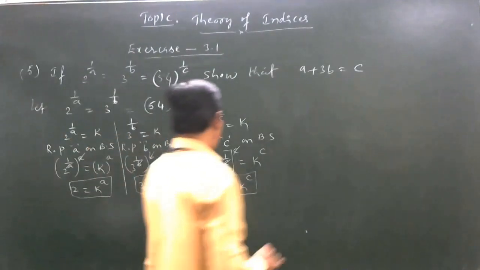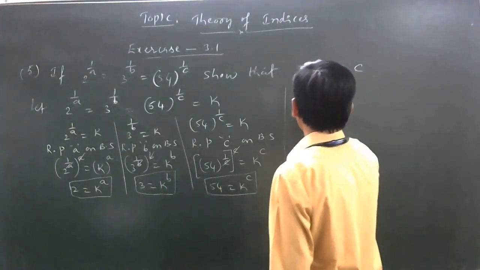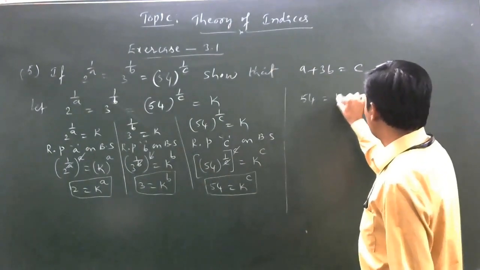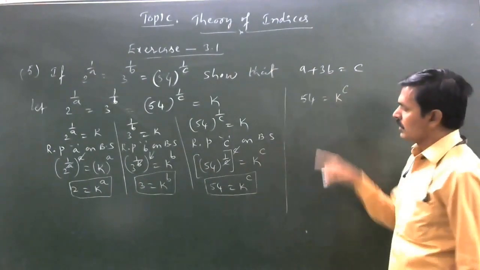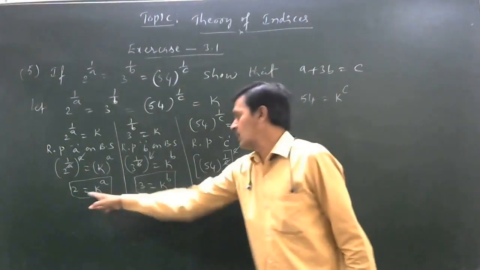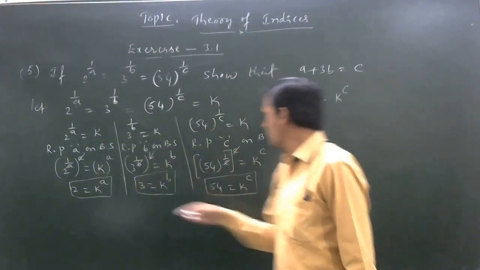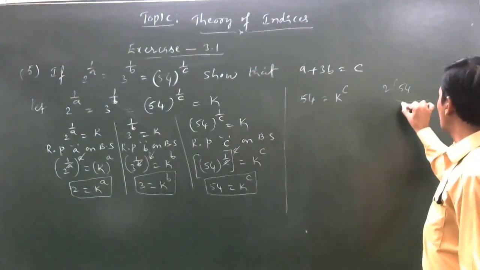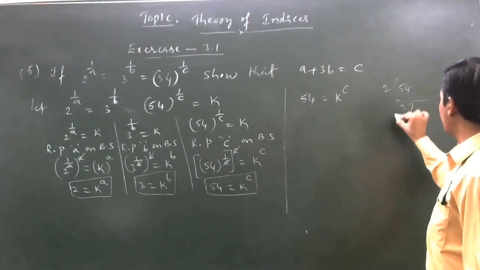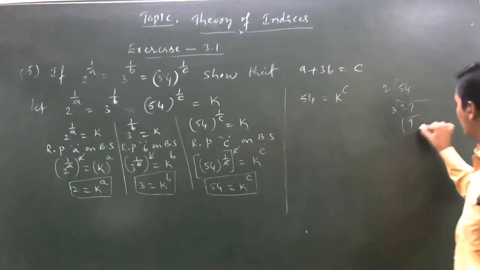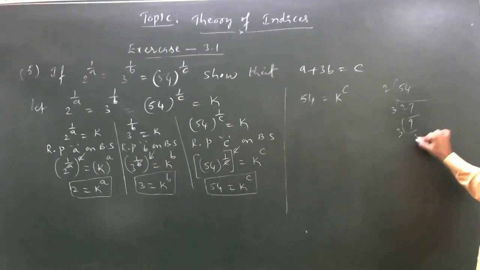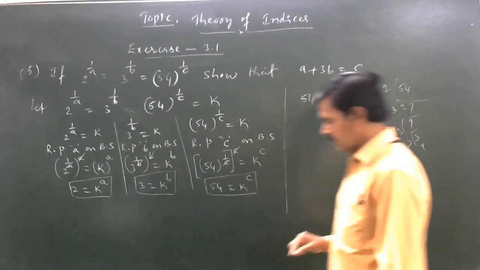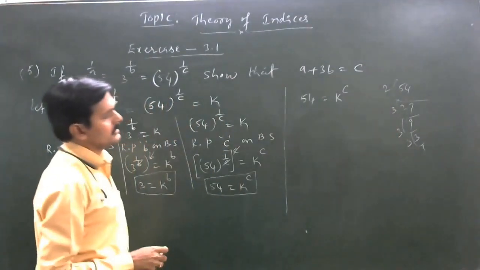Now let us consider 54 equal to k power c. Here, this 54 is to be converted into factors of 2 and 3. 54: 2 twos are 54... 2 27s are 54, next 3 9s are 27, 3 3s are 9, and 3 1s are 3. Here 54 converted into factors of 2 and 3 is